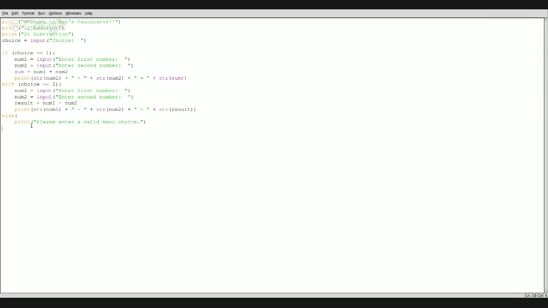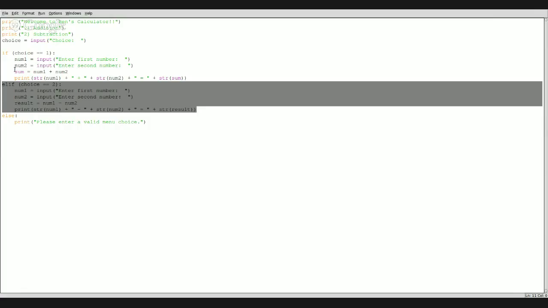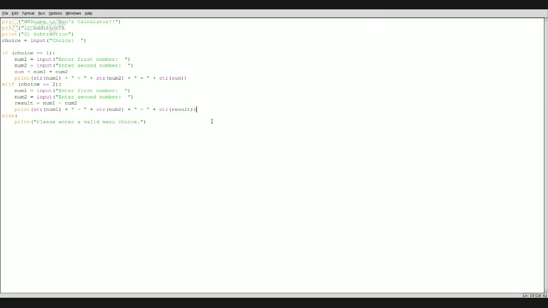And then else. So if it is not choice 1, then it will check if it's choice 2. And if choice does equal 2, then it will run the elif, or the code inside of the elif. And then if it's neither of those, so if it's not indicated by the if or any of the elifs, it will run the else, as I was talking about earlier, and say print, enter a valid menu